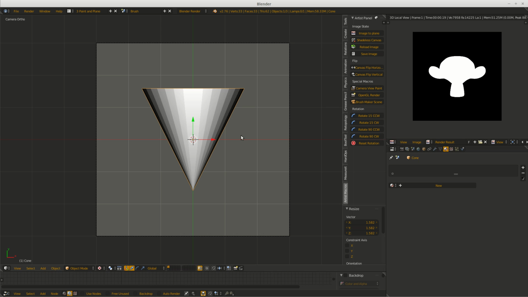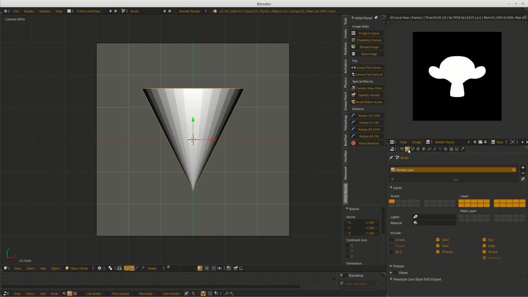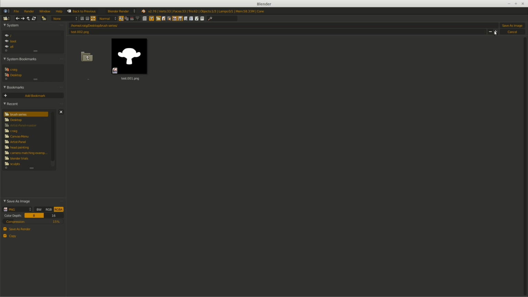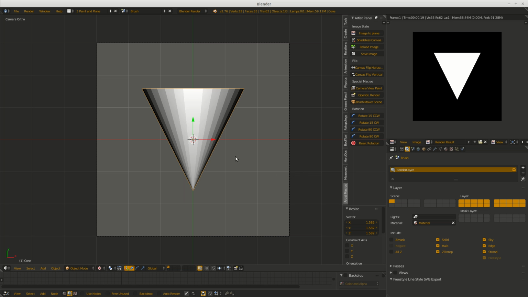And I don't want to have to go back and add the material every time. So what I'm going to do is go to the render layer tab, and down here it says material, and if you hover over it, it will say override all other materials in this render layer. So I'm going to click it and choose that shadeless material that we made. So now I don't have to assign materials to these. So F12, image, save as image, hit the plus, turns it into a 002, save as, move that to another